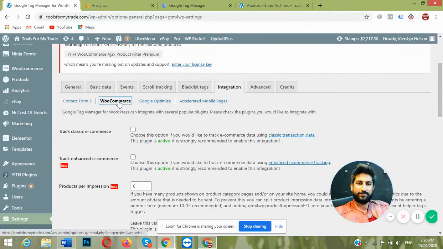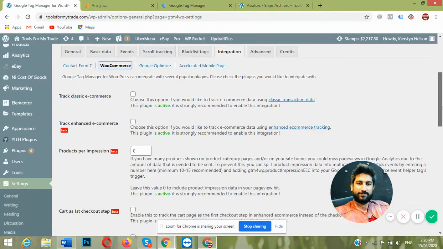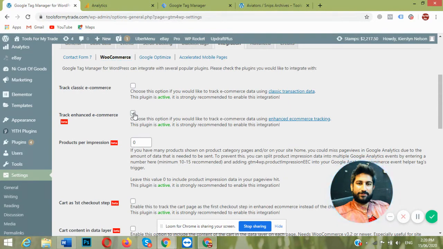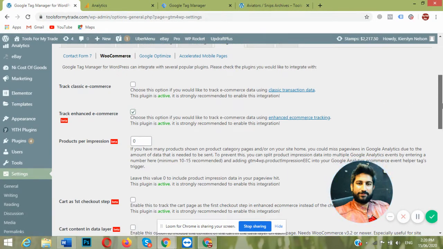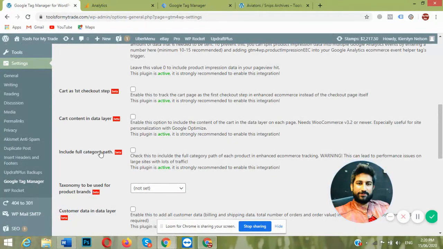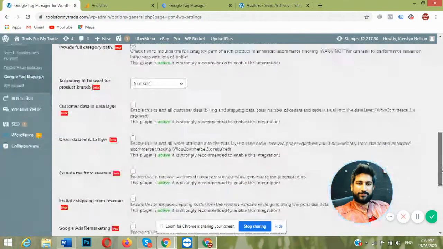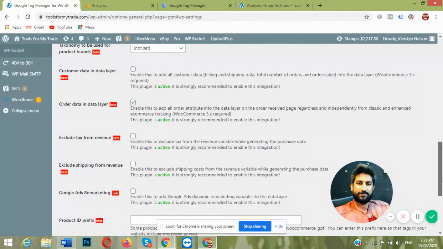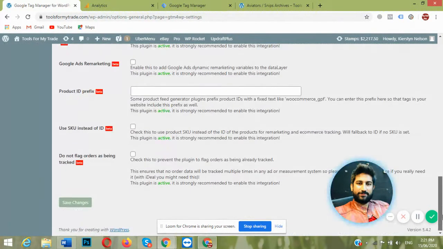And for WooCommerce, we need to enable track enhanced e-commerce transactions, which puts the category path and cart content in the data layer, and order data in the data layer. This is the most important for tracking orders. So save these settings.